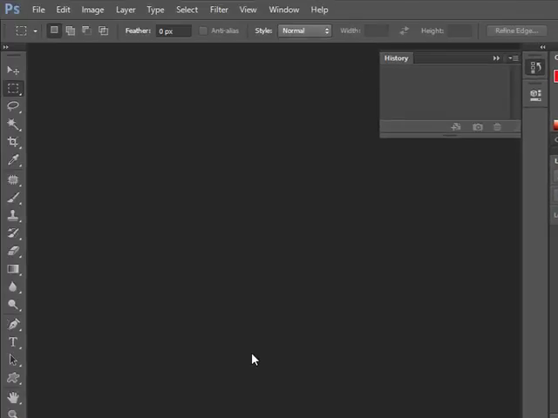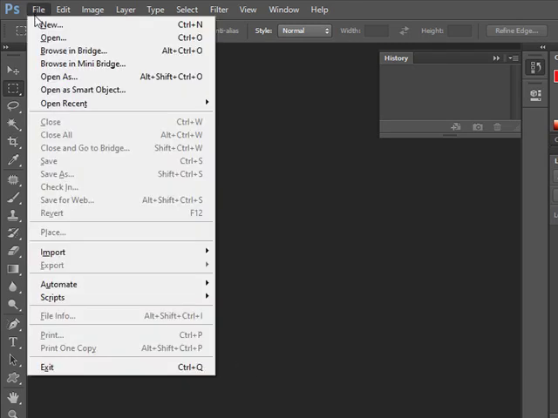In this tutorial I am going to tell you two basic things of Photoshop, that is how to create a simple button, and in the next phase I will show you how to create chocolate, a piece of chocolate inside Photoshop. You can use any version of your choice of Photoshop, but right now here I am using Photoshop CC. So let me start. Here now I go to File, New.